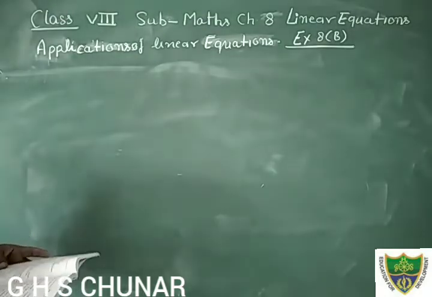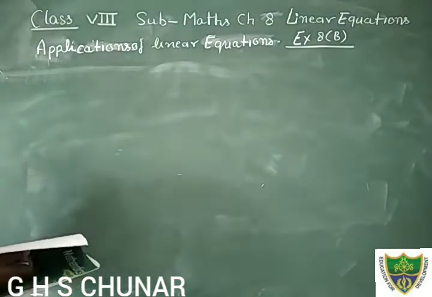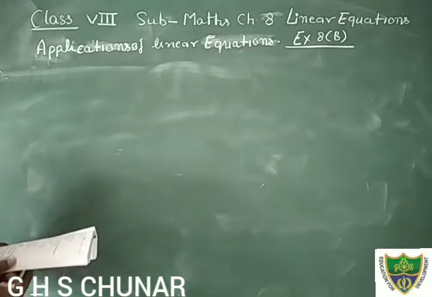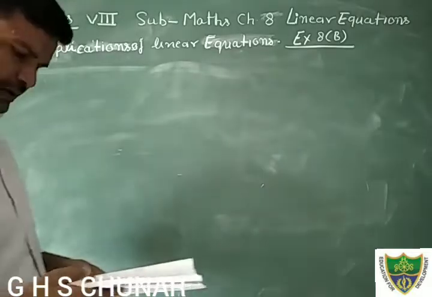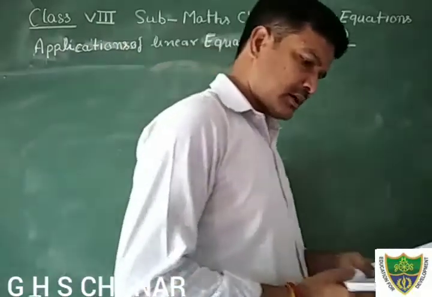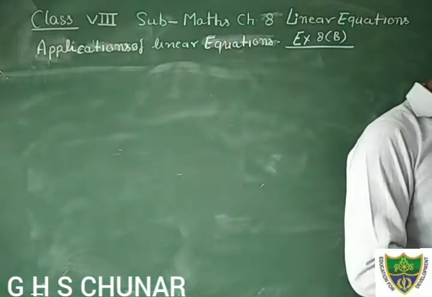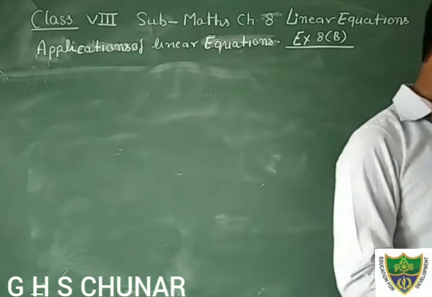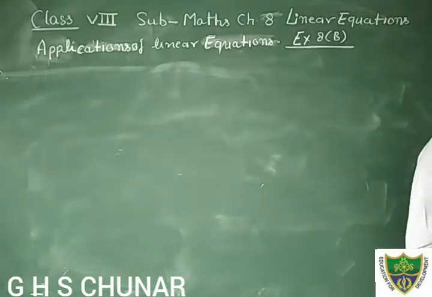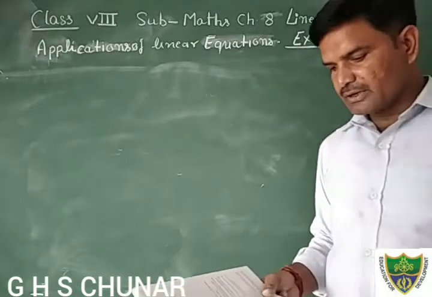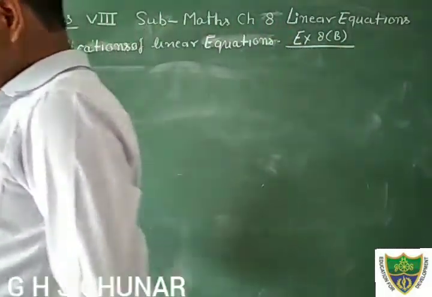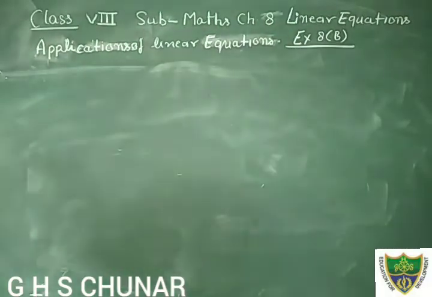In question number 4, 24 is divided into 2 parts such that 7 times the first part added to 5 times the second part makes 146. Here it is given that 24 is divided into 2 parts such that 7 times the first part, if you